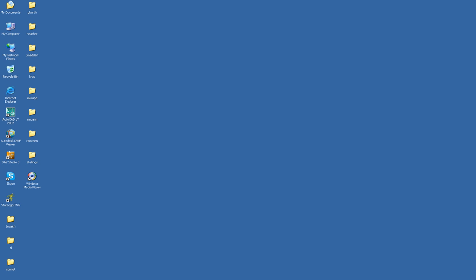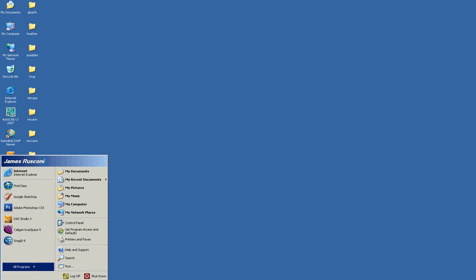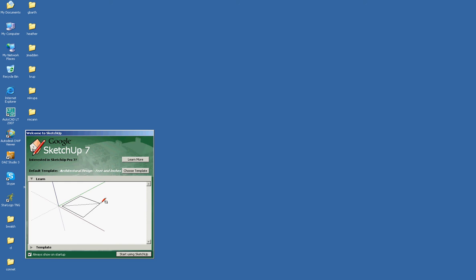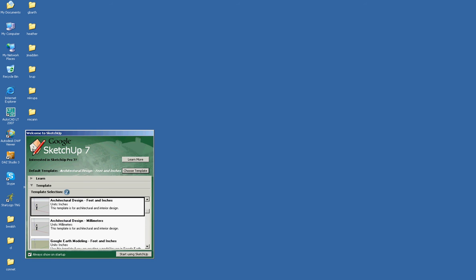Okay, in this tutorial we're going to learn how to import DWG files that we create in AutoCAD 2007 into Google SketchUp. So what we do is go over to the Start button, All Programs, and we drag up to Google SketchUp. One of the things it's going to ask you to do is choose a template. If you did what you were supposed to do, you are going to be using the architectural, and we start using SketchUp,